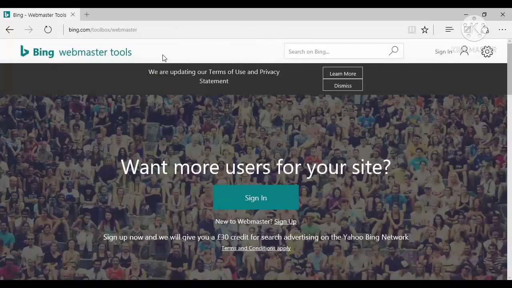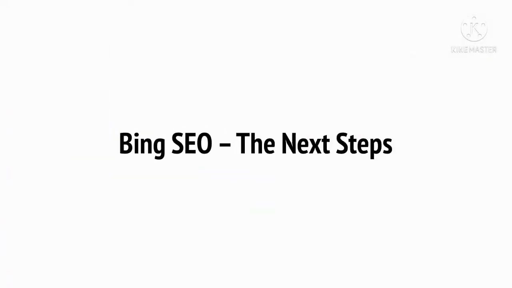That's right. Bing has a webmaster tools just like Google does, and it's just as useful, even invaluable, for marketers. And you can find this at bing.com/toolbox/webmaster.